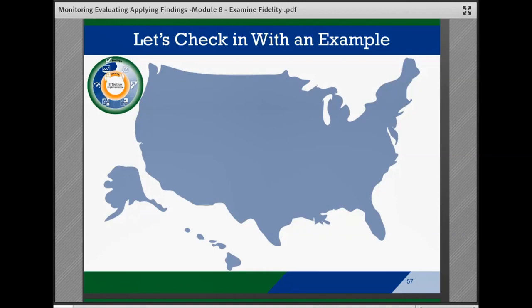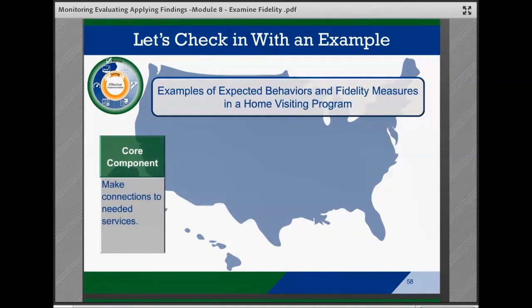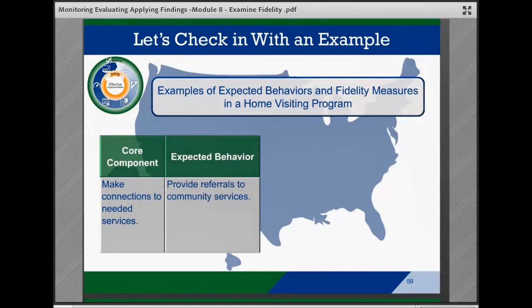Let's take a look at an example from the brief. This is an example of the kind of fidelity measure that teams developing a fidelity assessment for an in-home visiting program might look at, and the potential sources. Teams should begin with the core component. In this example, the core component is make connections to needed services. Next, teams would look at the expected behaviors, which in the example might include the action of providing the referrals